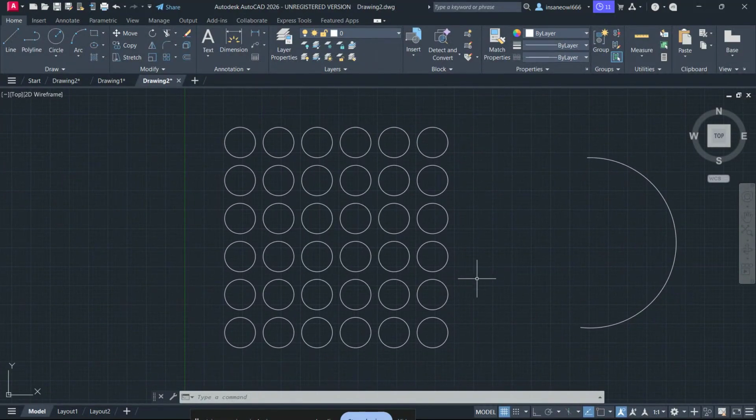In today's video, I'm going to show you how to create blocks in AutoCAD quickly and easily, even if you're brand new to the software. Blocks are one of the most useful tools in AutoCAD because they let you combine multiple objects into one reusable item. That means less repetitive work, cleaner drawings, and a much faster workflow. If you use AutoCAD for drafting, design, or technical drawings, learning how to make blocks will save you a lot